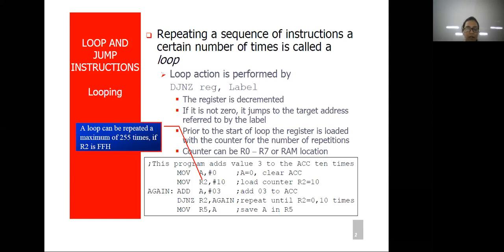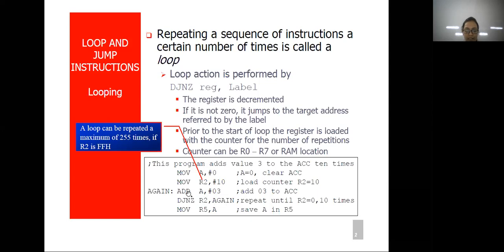So the maximum count here you can have is from 0 to 255. So in all registers you can have a count of 0 to 255. Based on your requirement of looping, you can set that specific register and then use it for the looping concept.